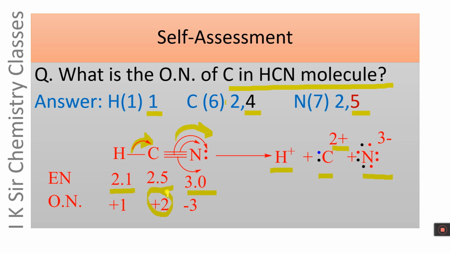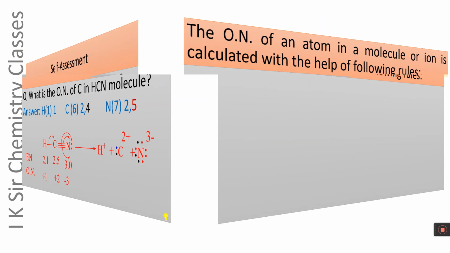It is a noteworthy fact that the charge on carbon is written as 2+, while the oxidation number is written as +2. This is the basic difference. In writing the charge, digit is written first followed by sign, while on writing the oxidation number, sign is written first followed by digit.